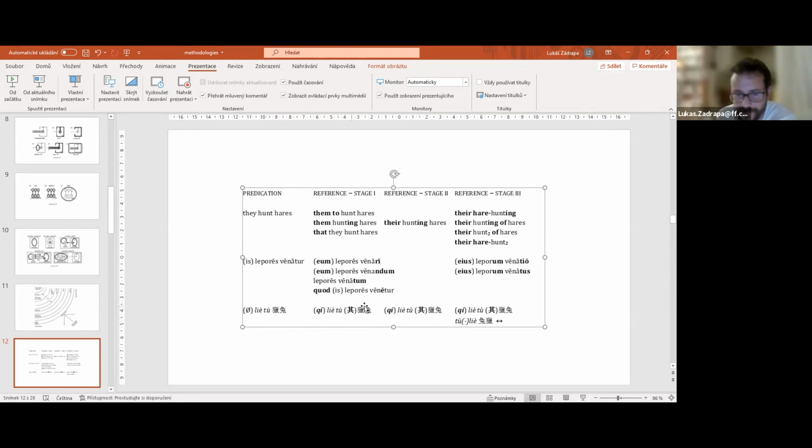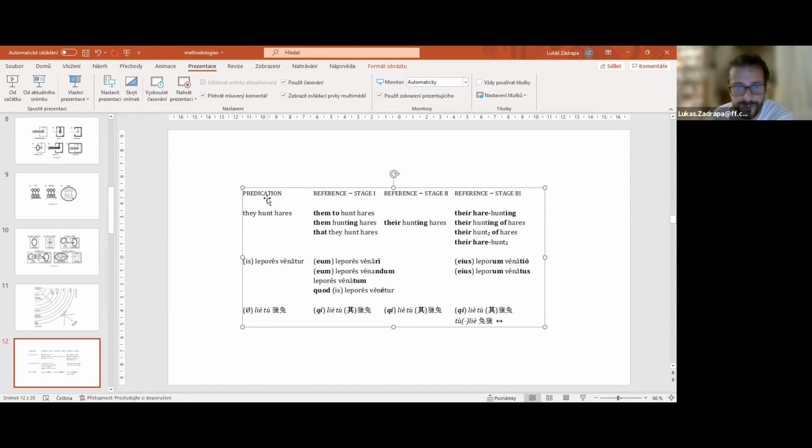Further on, I will have to test it on real linguistic material, because it is a bit suspicious to come up with unnatural examples. But still, just in order to get the overall idea of how it should work,